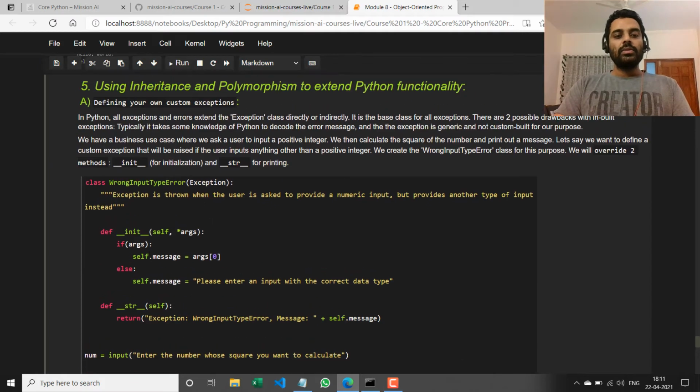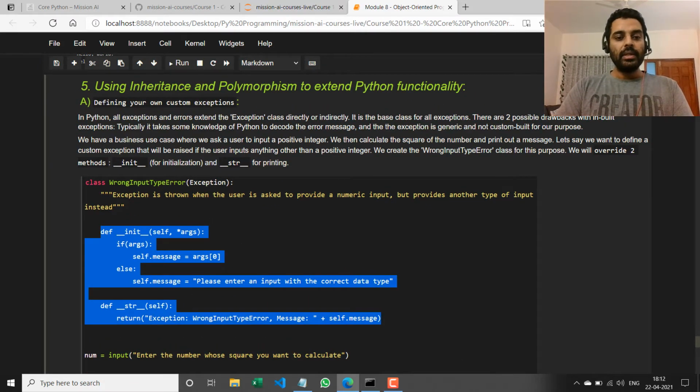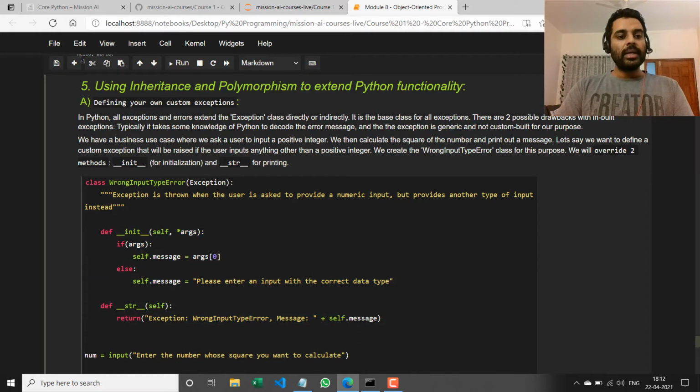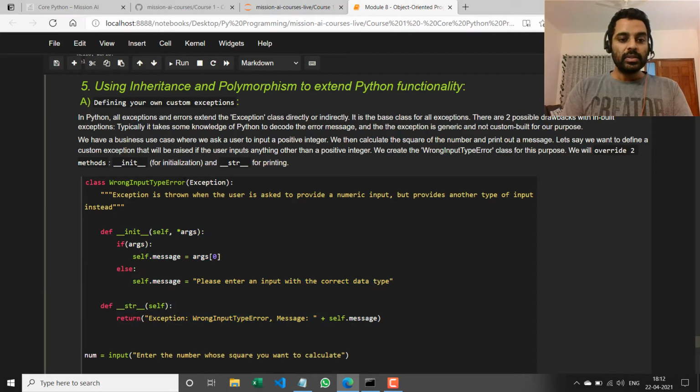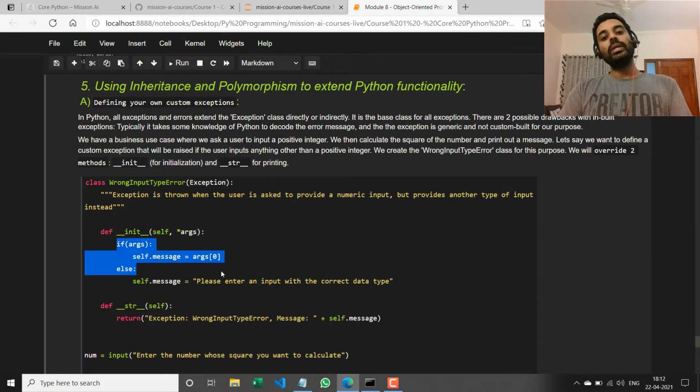Okay, so these methods are already implemented in the exception class, but by creating a new exception that extends the original exception, I'm now redefining these two methods in a way that suits me. Okay, so I'm using inheritance and polymorphism simultaneously. Inheritance because it's extending the exception class, and polymorphism because I'm using the same argument name and signature, and it's doing an entirely different function.